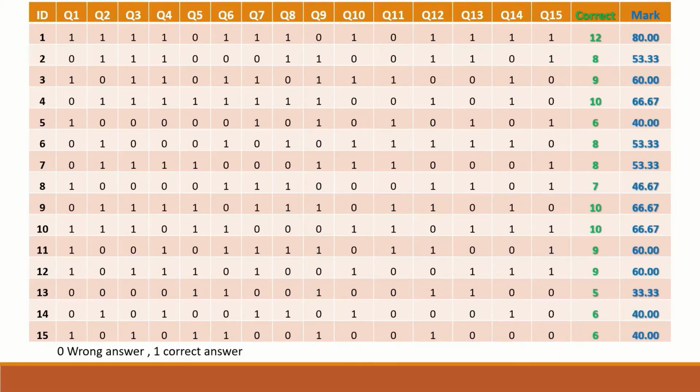Here in this table is shown an exam result for 15 students answering 15 multiple choice questions, and for each question the score is recorded as either 1 for a correct answer or 0 for a wrong answer. To perform the point biserial correlation coefficient statistical test and calculate the coefficient,